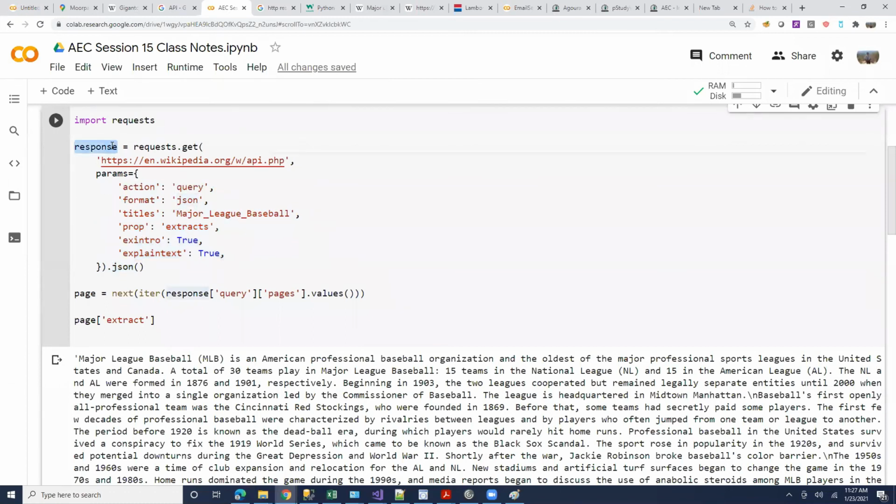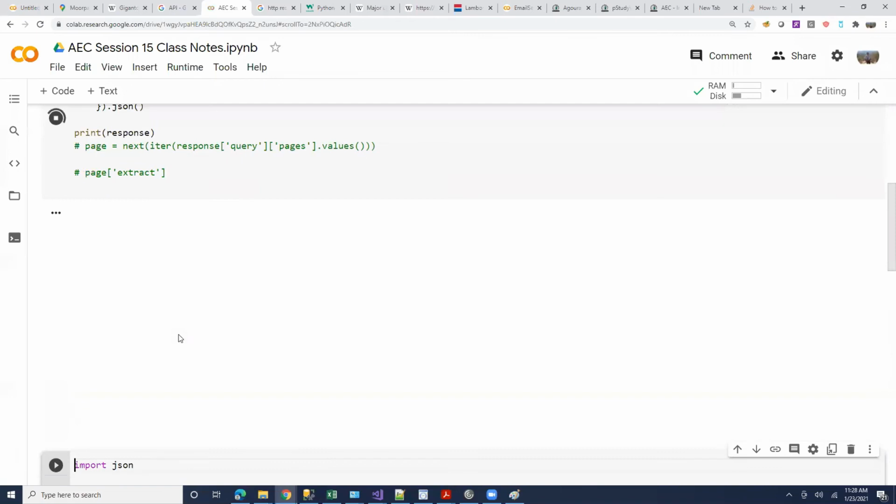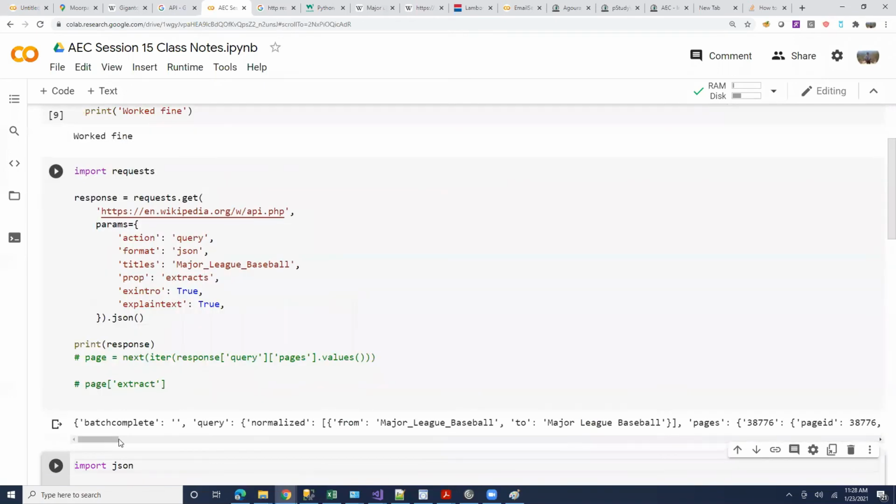If the response status is equal to 200, then you should be doing this. But the sample that I found, they were super confident Wikipedia always responds. So they just did .json here. So we could do this way. Once I did this, if you want to look at the response object, you can print it, because now we have converted the response string to a response JSON. It's now showing you a dictionary.